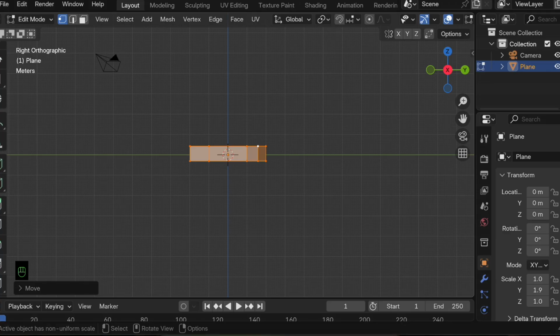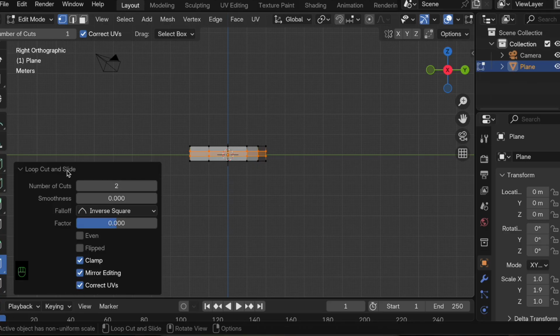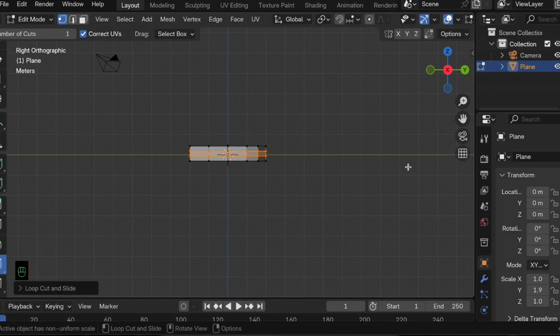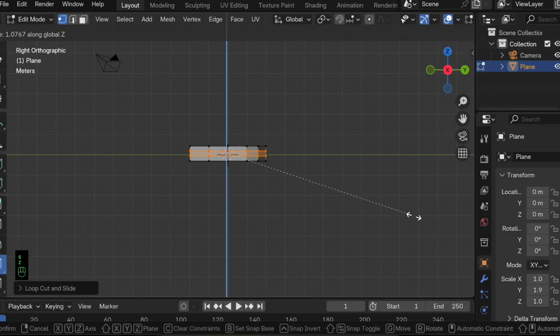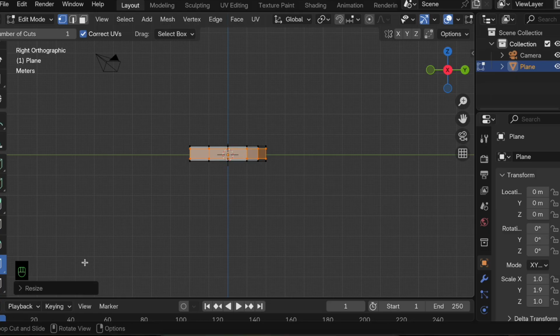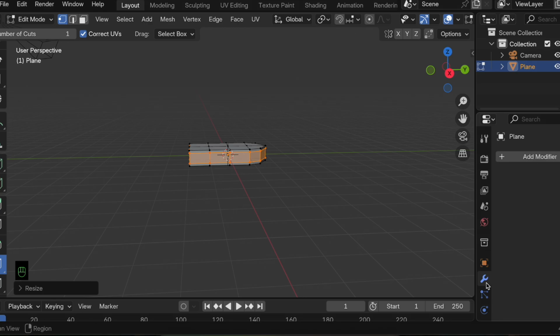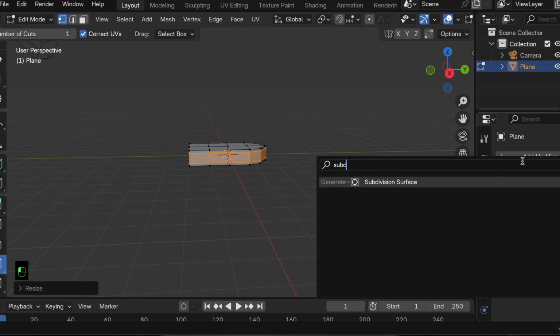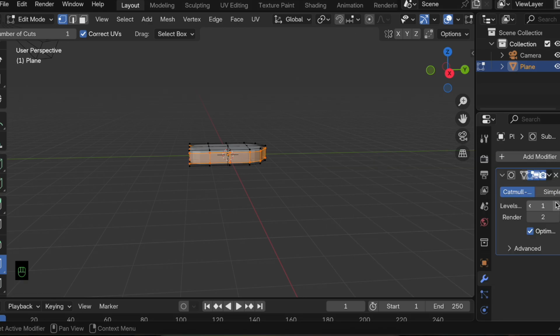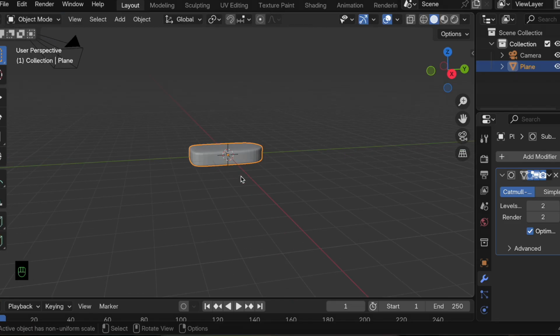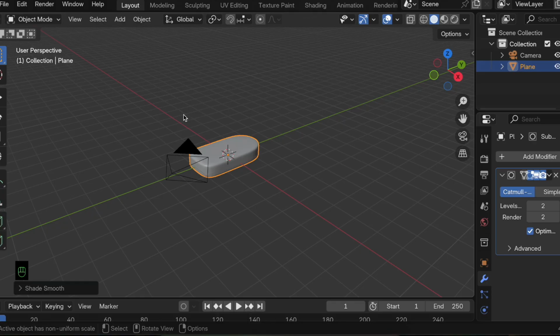Then we'll select our loop cut, add a loop cut over here, and change the number of segments to 2, and here we'll just do SZ to move it up, something like this. Yeah, looks okay. Then let's go to modifiers, add a subdivision surface, change this value to 2, then go to object mode, right click, shade smooth,